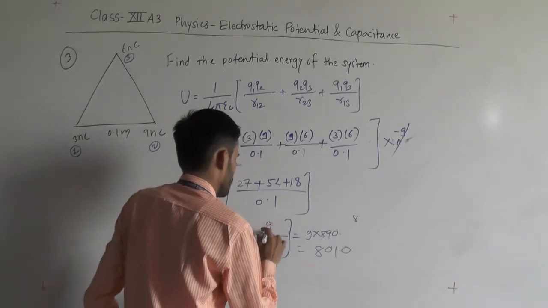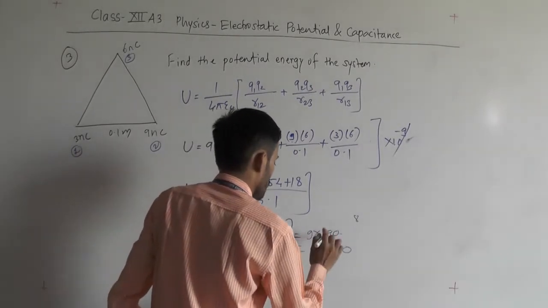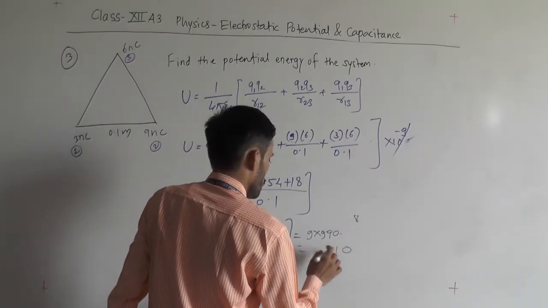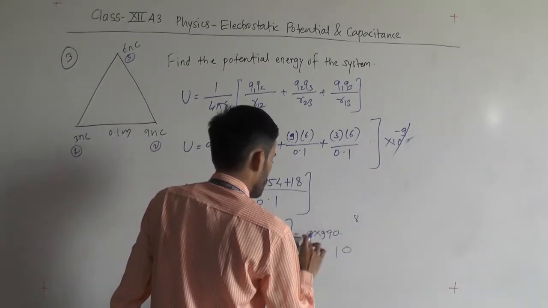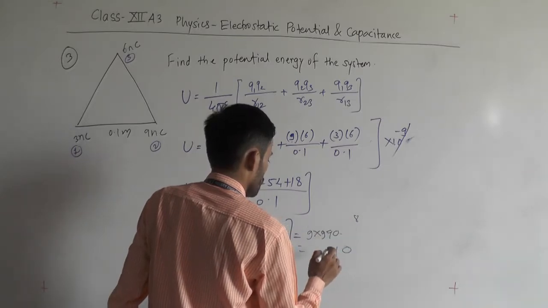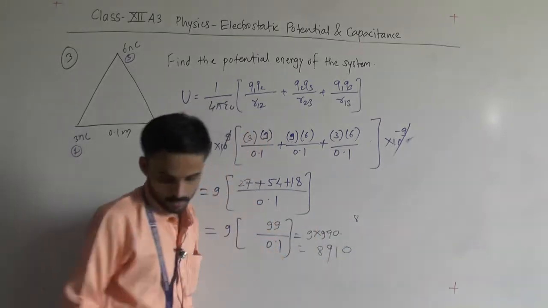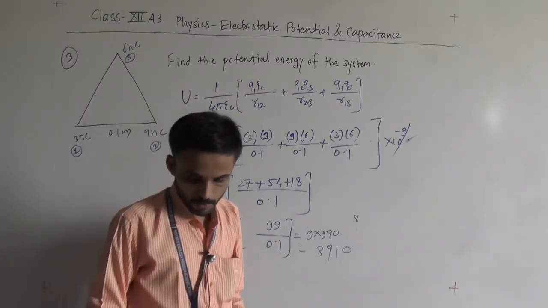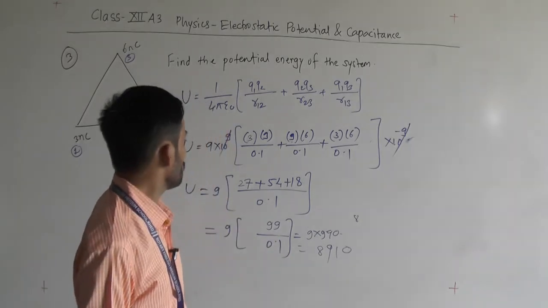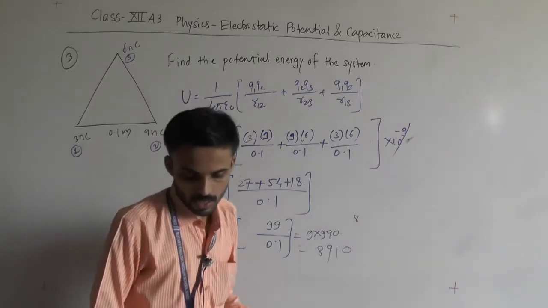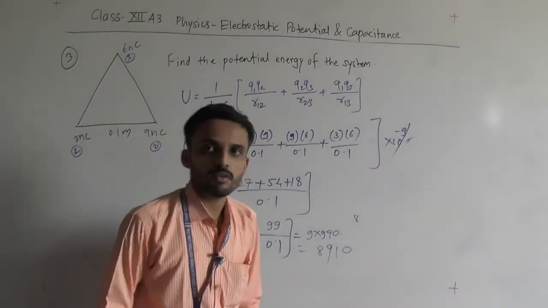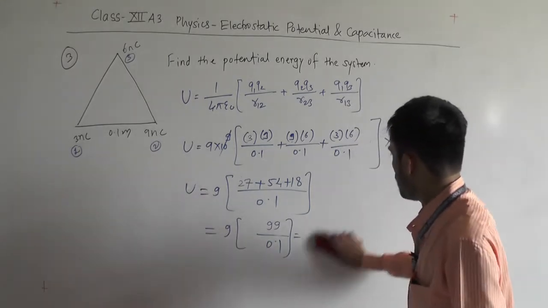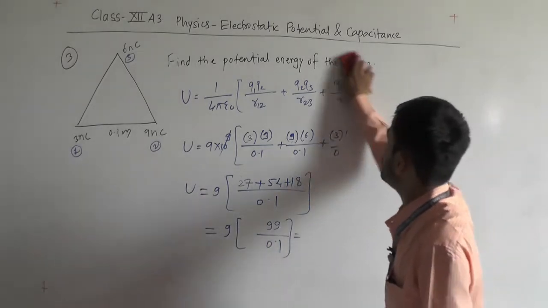Okay, calculation mistake. Second time I had made the mistake. Okay, so this will become 9 9s are 81, 81 plus 8, 89, 8910. Yes, 8910 joule, that will be the answer. Okay, so in this way we can go for the problems dealing with the potential and potential energy of